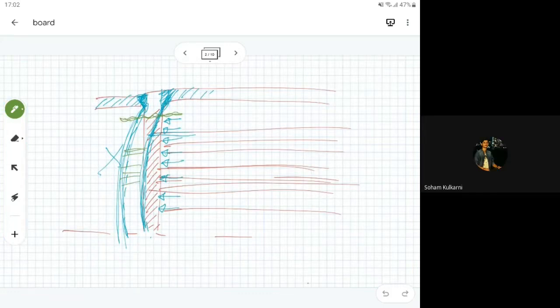Sir, I have another question. If there is a failure of a tube or there is a leakage on the shell side, how can we replace the tube? How can we remove this tube?